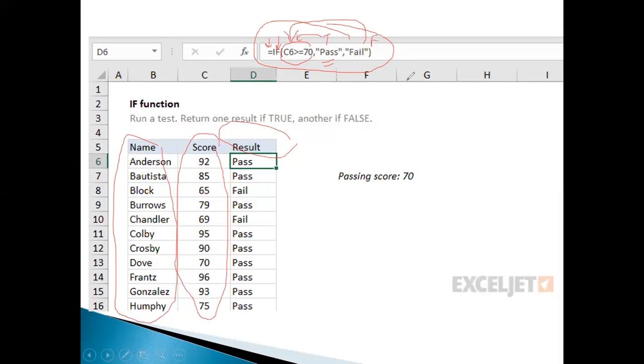If it is true, it should give the result as pass, and if it is false, it should give the result as fail.